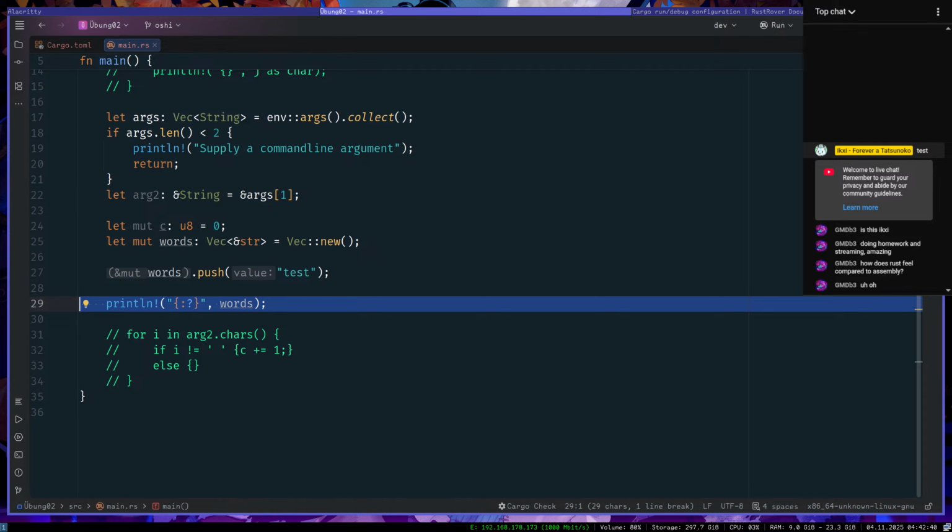So, Rust append to string. How do I concatenate strings? What the fuck? Okay.